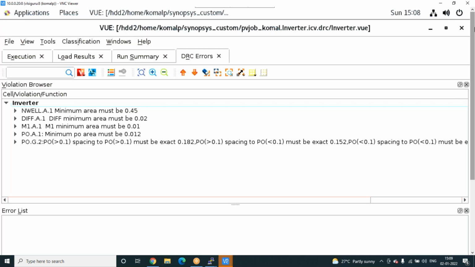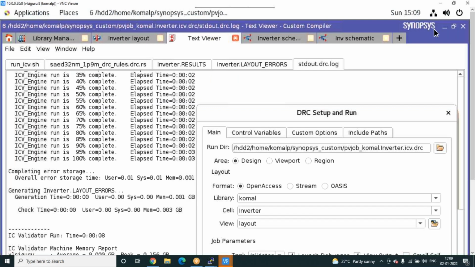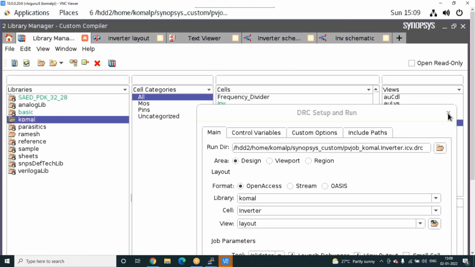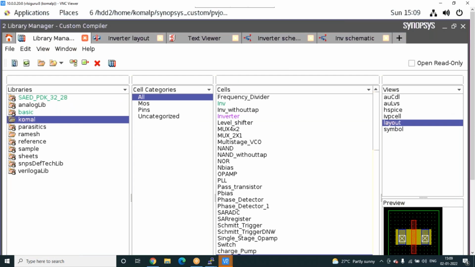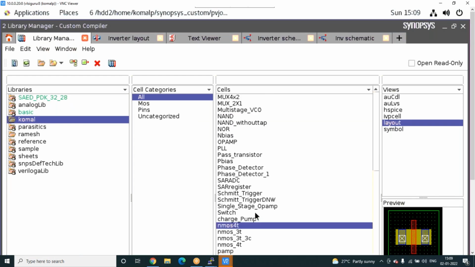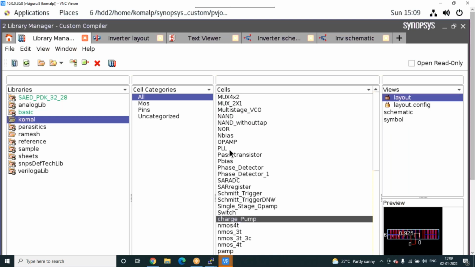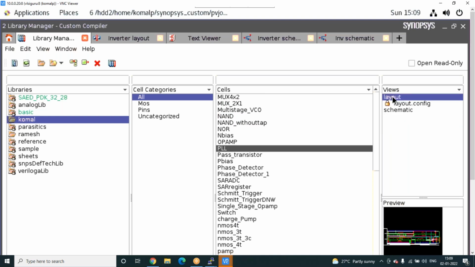Suppose I give you a more difficult block. This is already a layout block. This is a very small block only. Let me show you one big block. So whatever block you did, this is a PLL.